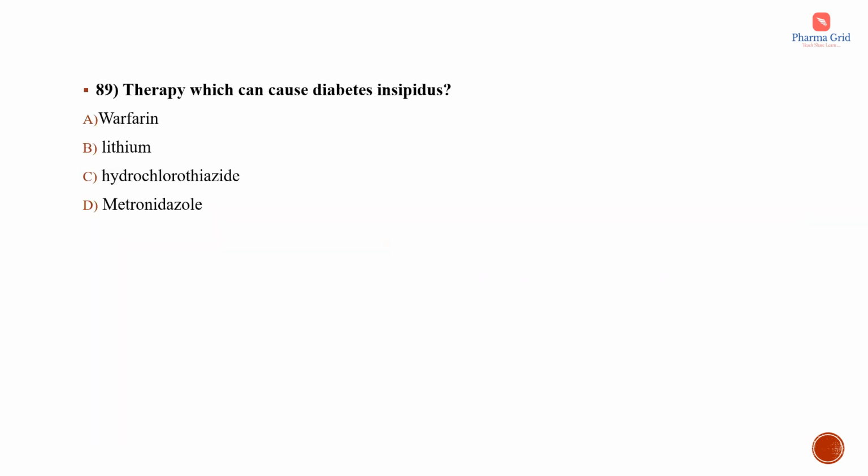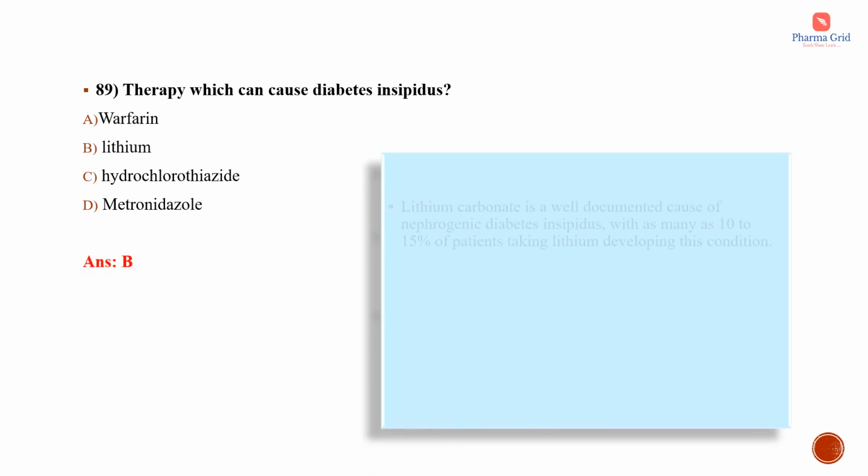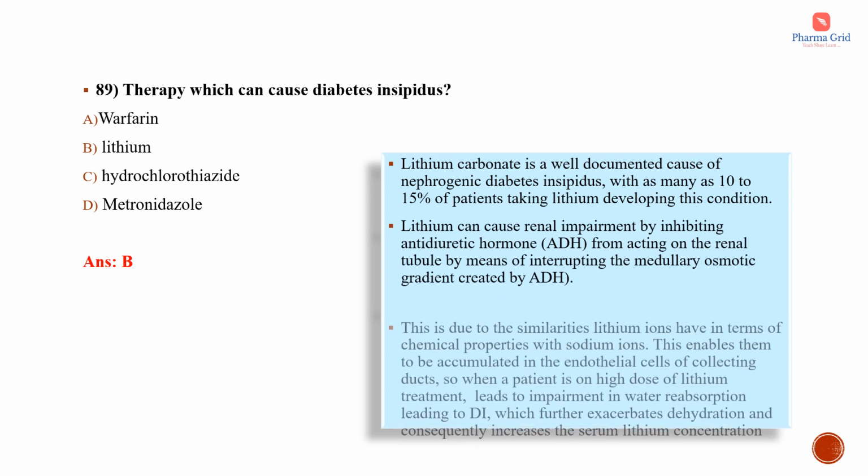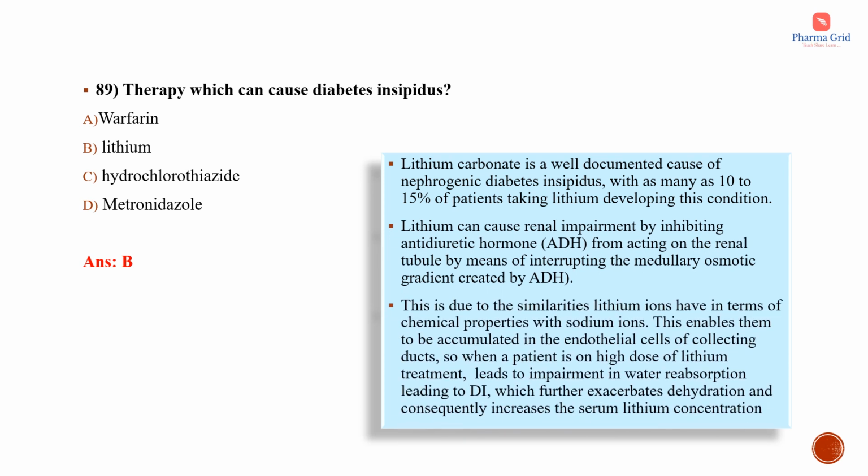Next question. Therapy which can cause diabetes insipidus. The options are warfarin, lithium, hydrochlorothiazide, metronidazole. So here the correct answer is option B, that is lithium. We know that lithium is an anti-manic drug that is mainly used for the treatment of bipolar disorder. Lithium carbonate is a well-documented cause of nephrogenic diabetes insipidus, with as many as 10 to 15% of patients taking